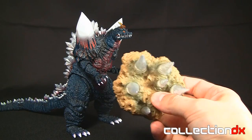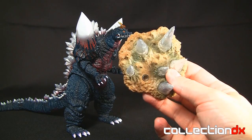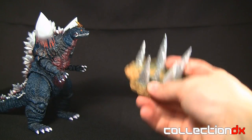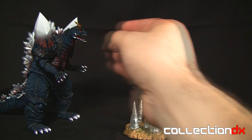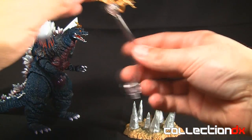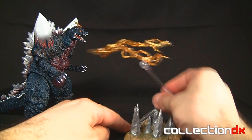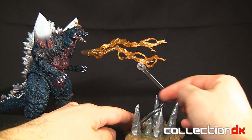Now, SpaceGodzilla does come with this base here, which has crystals coming up off the ground and a little peg hole here. So I'm going to show you guys what that is. So you put SpaceGodzilla right here, just right about there. Put the base here, open his mouth, and he does have an effects part, which is this corona beam here, which you can simply attach to the base using the included arm here, which is clear, still very obviously there,